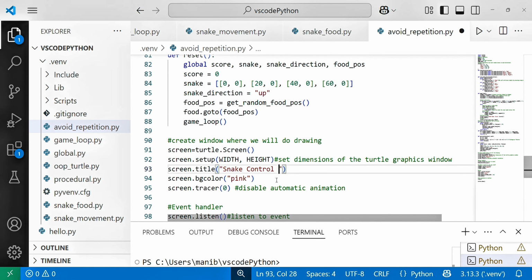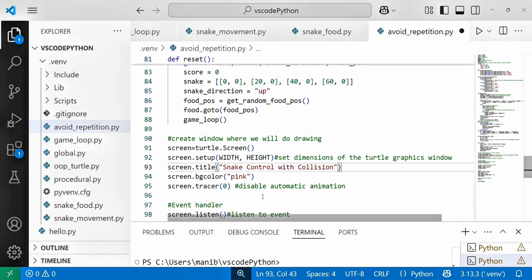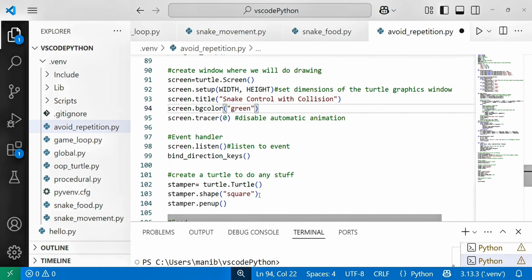Snake control with the collision. And screen background I like green, let's take it. And screen.tracer(0), disable the automatic animations.